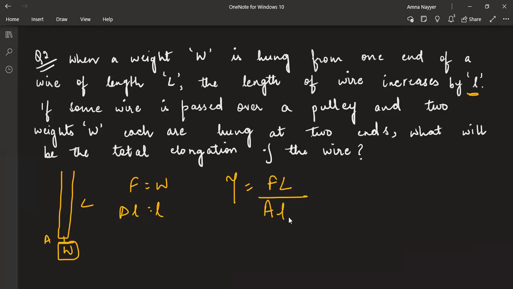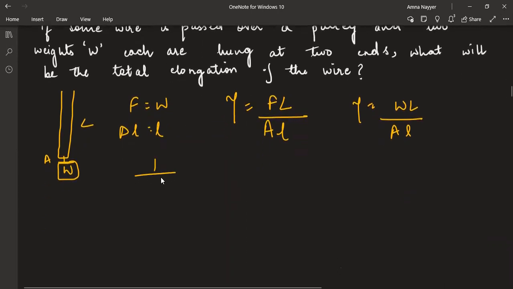Small l. So small l. Right. So instead of force, I will write Young's modulus as WL by A small l. Then it says if some wire is passed over a pulley and two weights each are used,